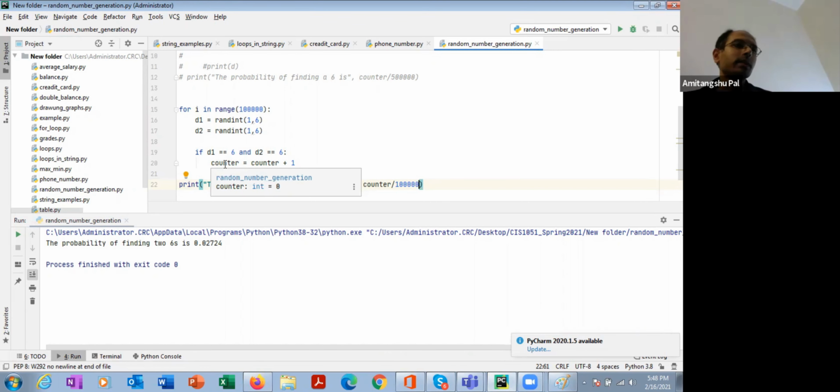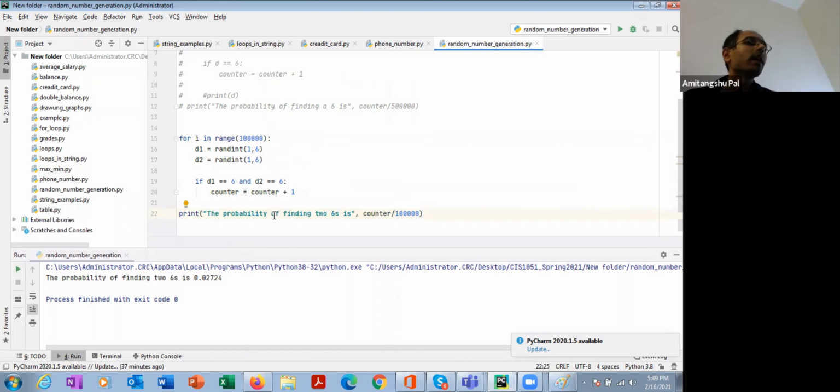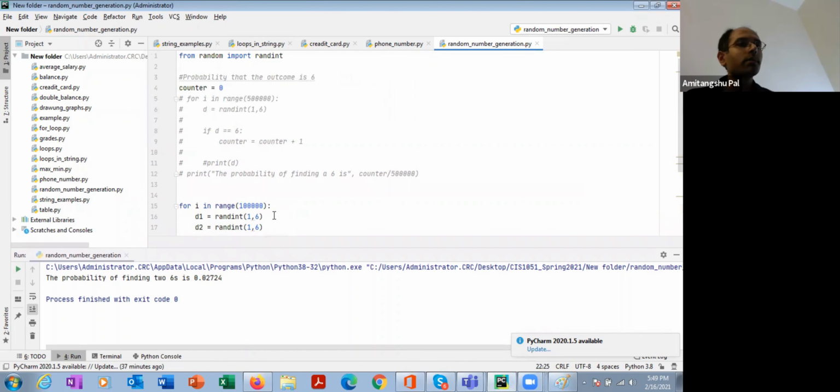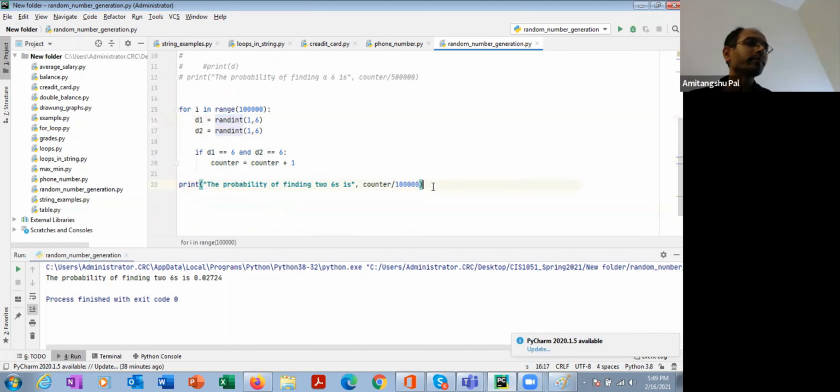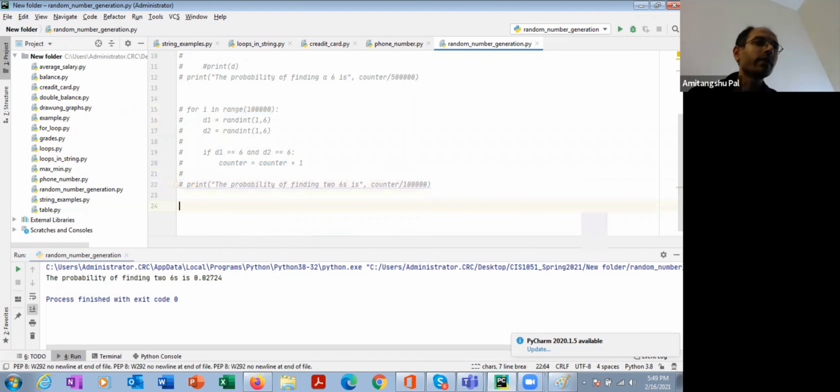Now another type of problem that you will encounter is that you need to generate a random number but not necessarily an integer. Here you are generating random integers, right? But sometimes you need fractional numbers, so you need to generate fractional random numbers in between 0 to 1. So how can I generate fractional random numbers? There is a function called random.